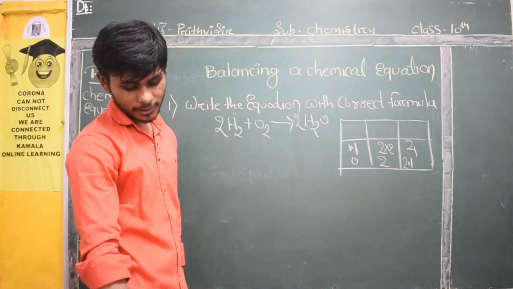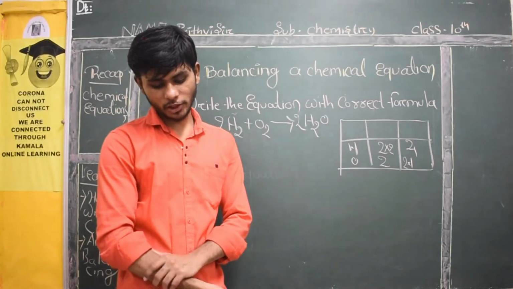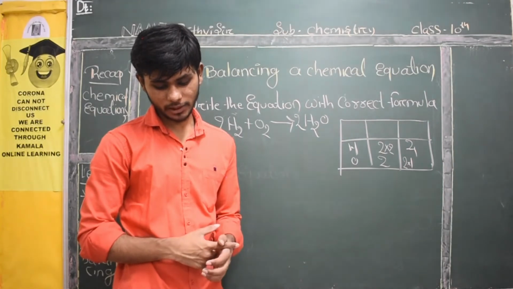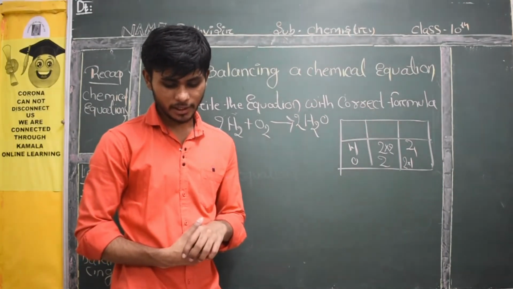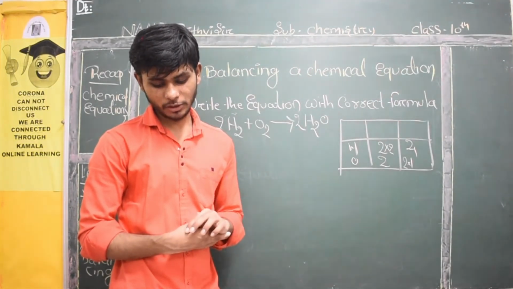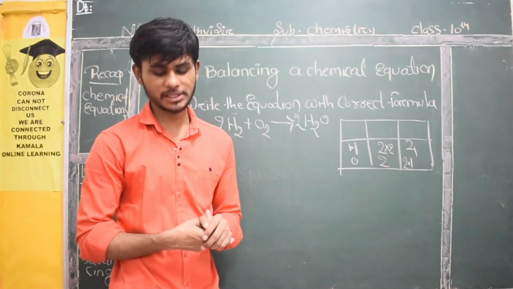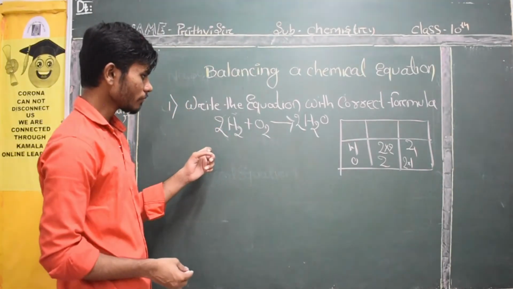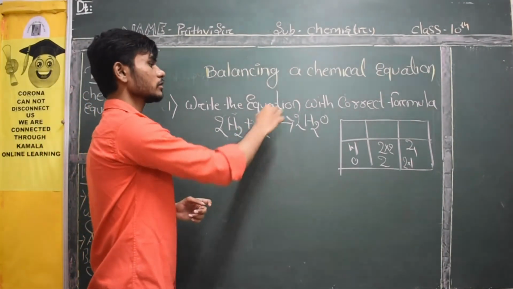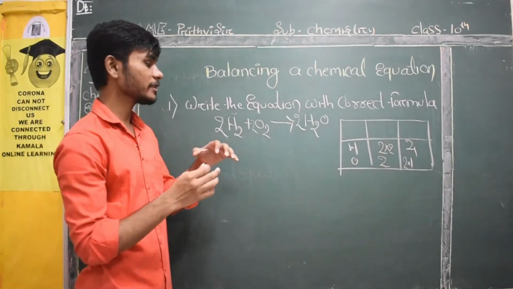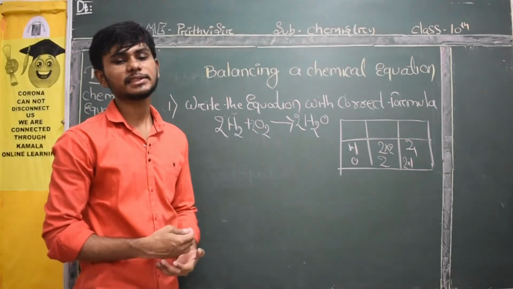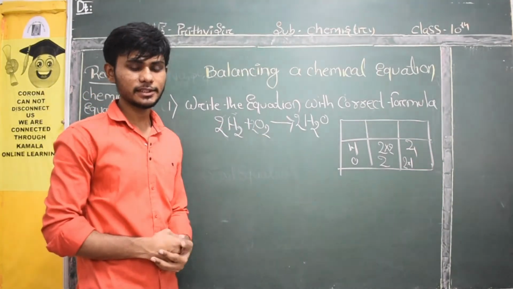Third step, sometimes there is a possibility that the coefficients of all the substances get divided by a suitable number, since we require the lowest ratio of coefficients for the reactants and products. If no common factor is there, there is no need to divide the equation. The above equation needs no division of the coefficients. Students, suppose the coefficients are equal on all sides, say 2, 2 and 2. It will rarely happen, but in some cases it does. Then what can you do? You can cut out all the coefficients. That's what it is saying.